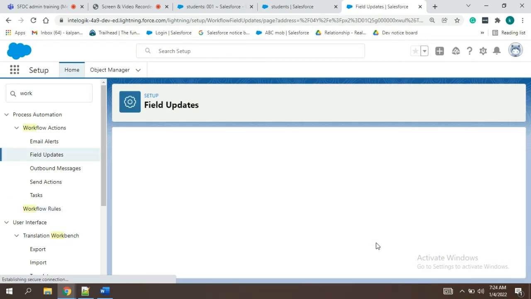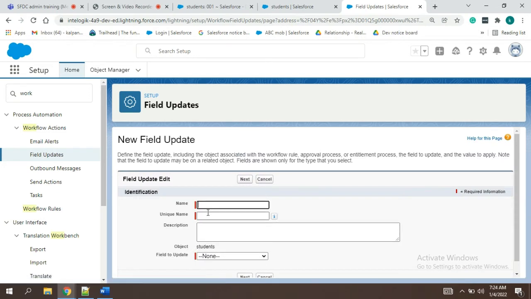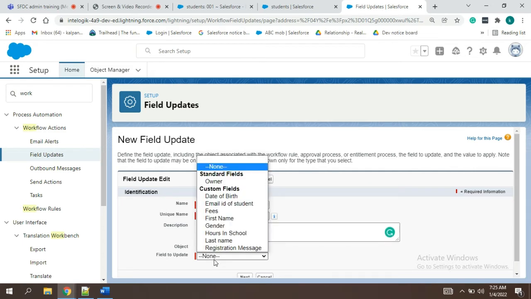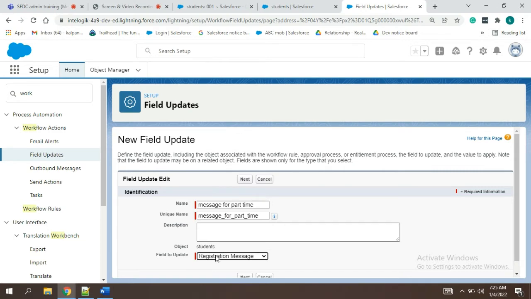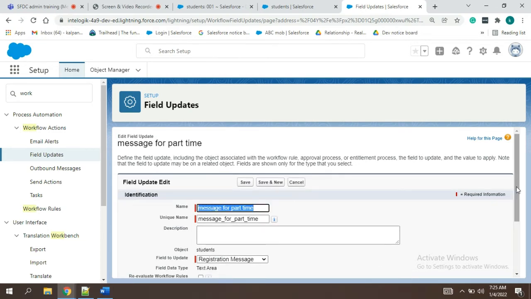New field update. Now for every new action, we have to give some name. Field update of which other column it is asking. So we have to search for registration message.